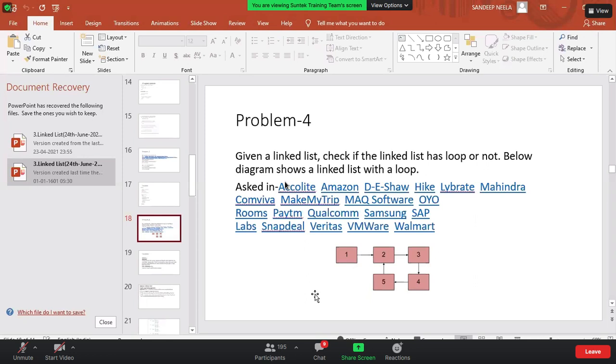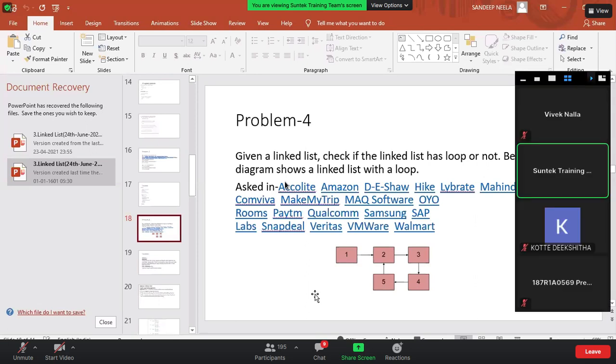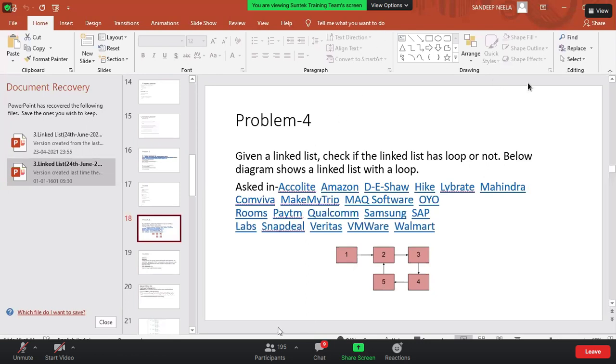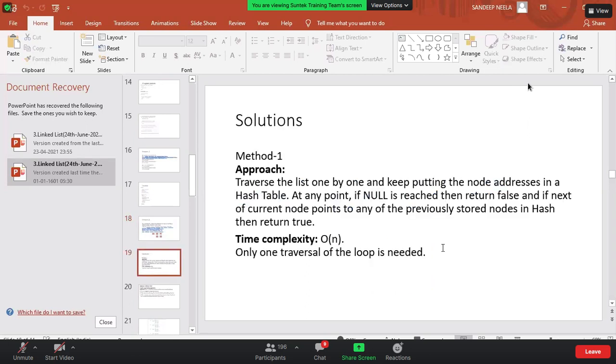Hashing technique? How many of you know? No one answered, right?